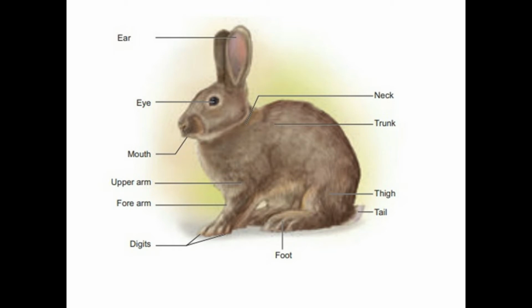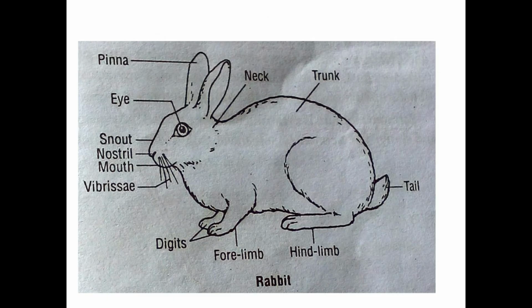The presence of fur or hair over the body is also exclusive to mammals, and these pinnae or earlobes are long, flexible and movable. So these are the features seen on the head, that is, the mouth, the nostrils, the vibrissae, eyes and ears. Now coming to the neck, it separates the head and the trunk region. The trunk is divisible into 2 portions. They are the thorax and the abdomen.